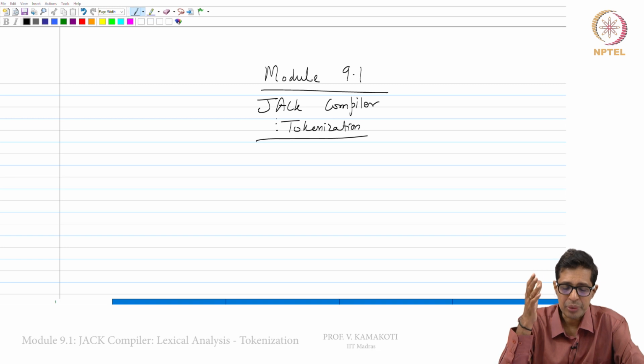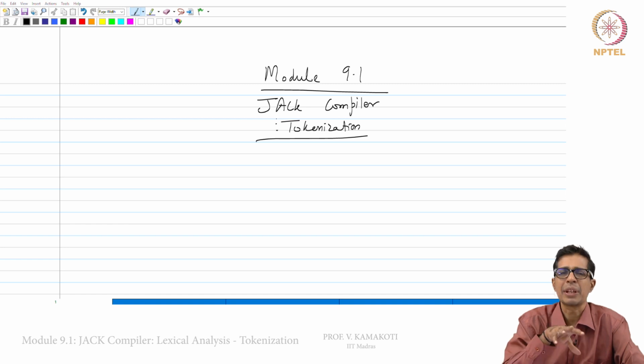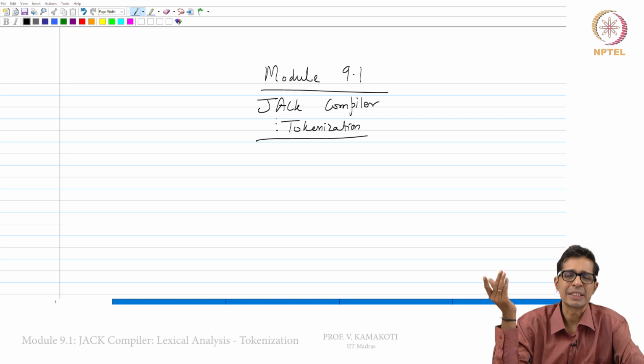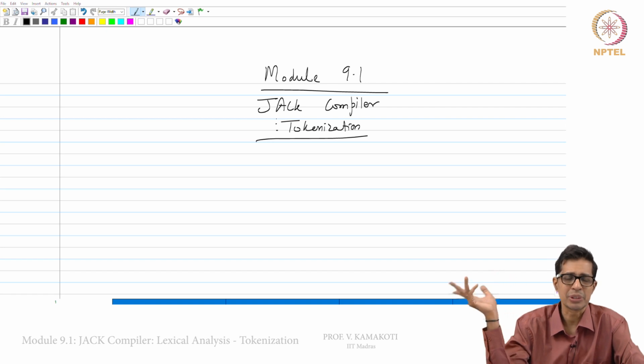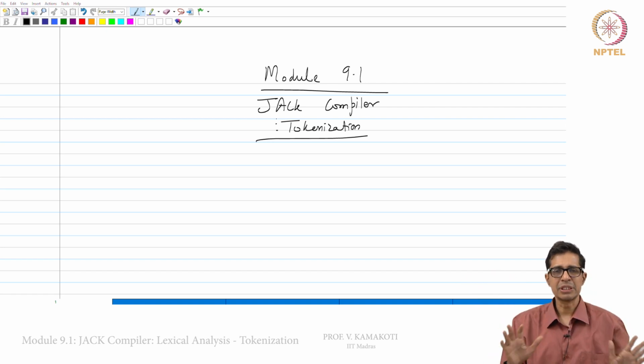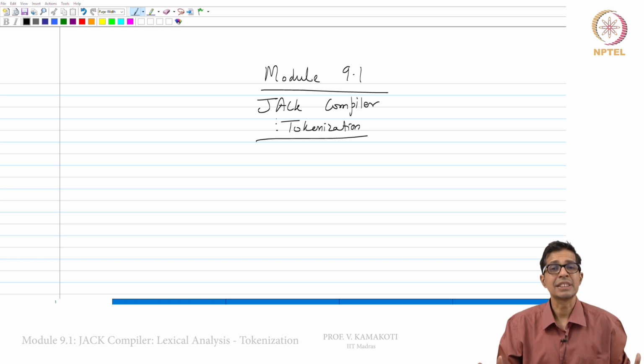So, we are now starting the attempt of taking a Jack program and converting it into a VM program, a stack based VM program. Once we can convert it to that, the remaining part we have already done. We know how to convert VM to mnemonics, and we know how to convert mnemonics to binary. So, this is our next step, and